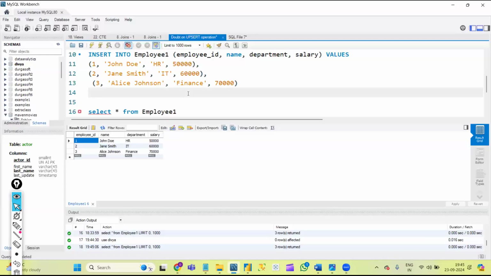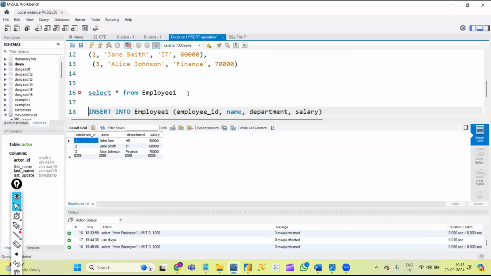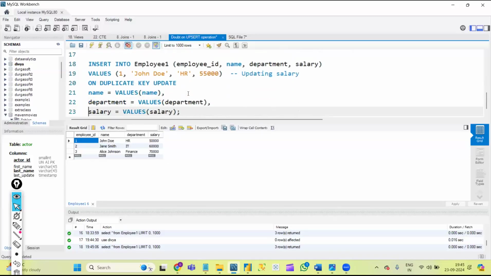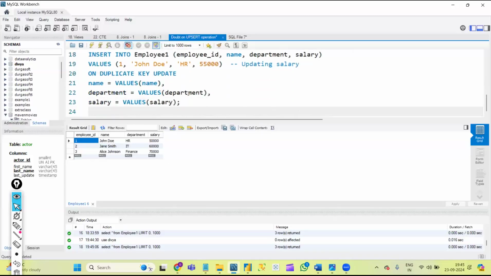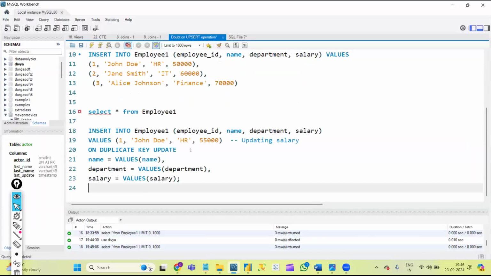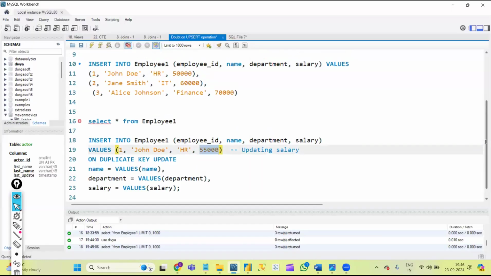If we are not using the WHERE clause, we can use the INSERT command and UPDATE command together also. This is nothing but another way of updating the data. But again, if we can use the WHERE clause, that is the simple way, in my opinion. The second way is that we can use the INSERT command and UPDATE command together to update any values. I wrote the syntax here. Here I have one row with a 50,000 salary. If I want to make it 55,000, simply we can use UPDATE and WHERE clause. But if we want to use INSERT and UPDATE,